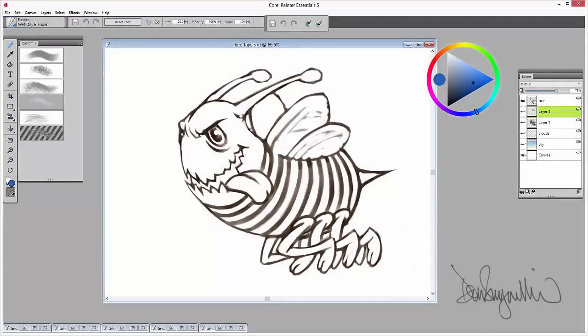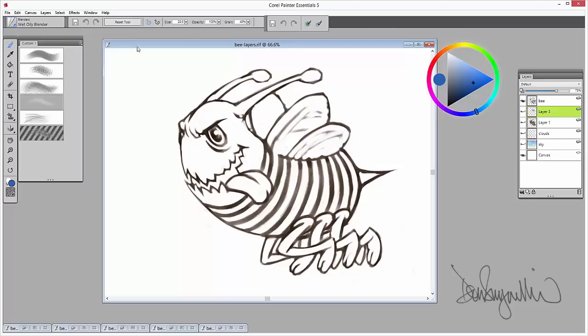For all you illustrators out there that have been wanting to get into doing some digital work, Corel Painter Essentials 5 is a great way to start. I'm going to show you here this silly little bee illustration that I created quickly within the program. Very easy to do. You can just fire the program up and start painting with it. You'll find it very easy to use, very intuitive to use, and I'll walk you through here what I did